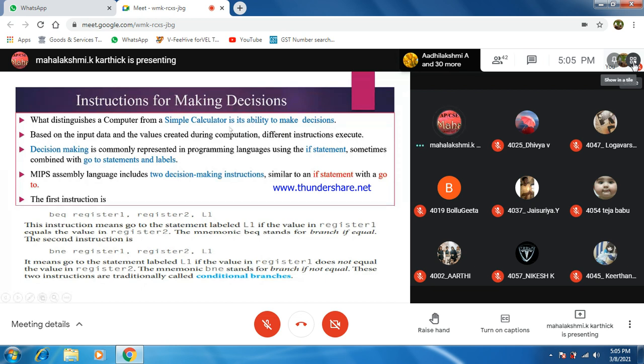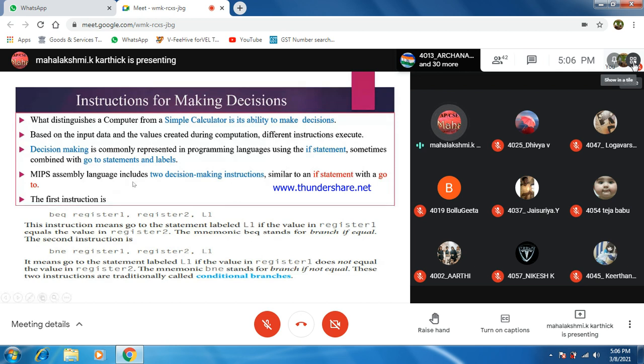So decision making is nothing but what programming languages like C and C++ represent using syntax like if statements, goto statements and labels, where particular data has to be checked against some conditions, and then further processing has to be done. This is a procedure we normally follow for any type of C language, and everyone knows this.